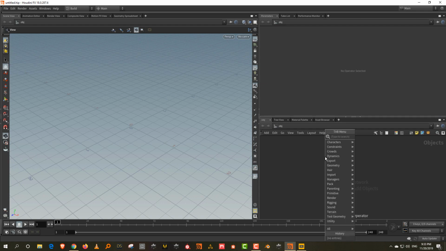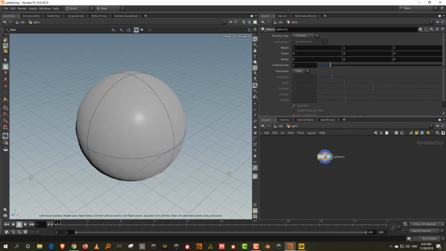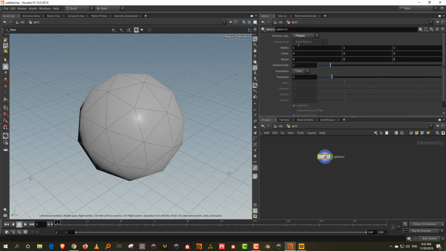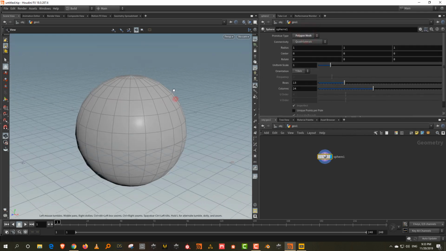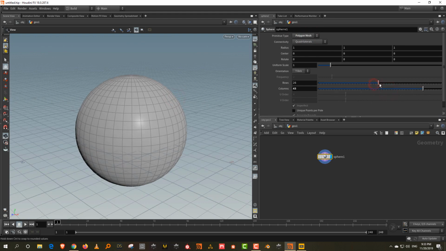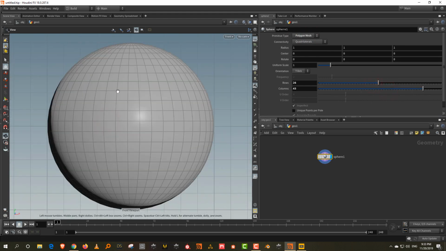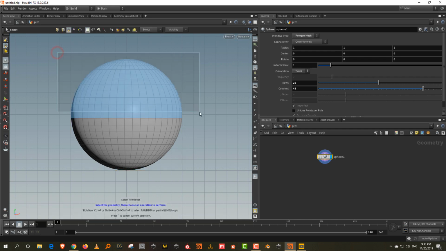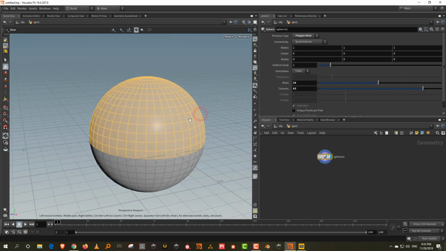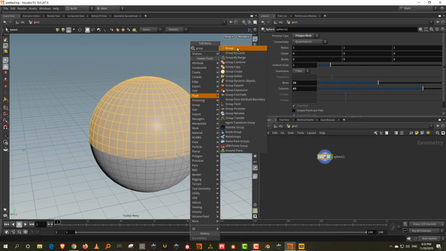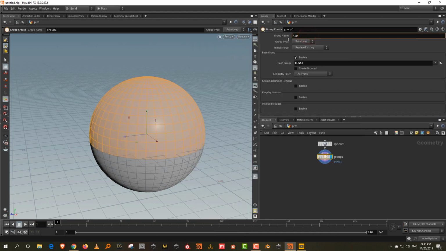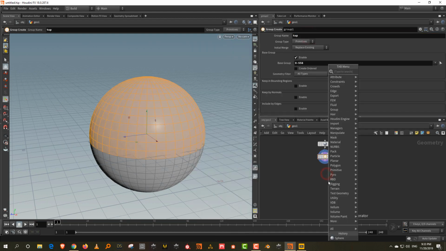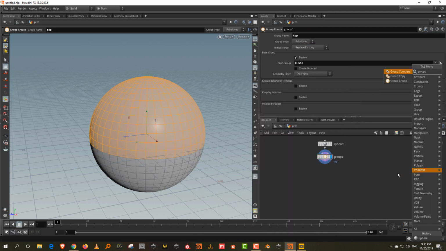I'll just start off with a simple piece of geometry. I'll take a sphere, and all I want to do is create a couple of groups. So nothing too crazy, right? I just want to come here to the front view, press 4 and select some faces and then create a group out of it. We'll call this top,